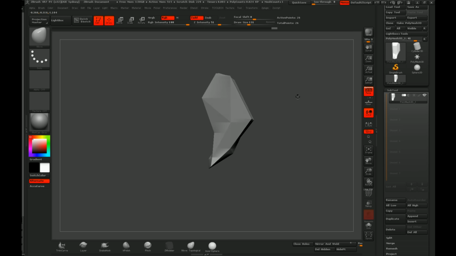I know it doesn't look like much. Right, now let's talk about the transpose tool. The transpose tool is something you'll begin to hate, but the more you use it, you'll love it. So